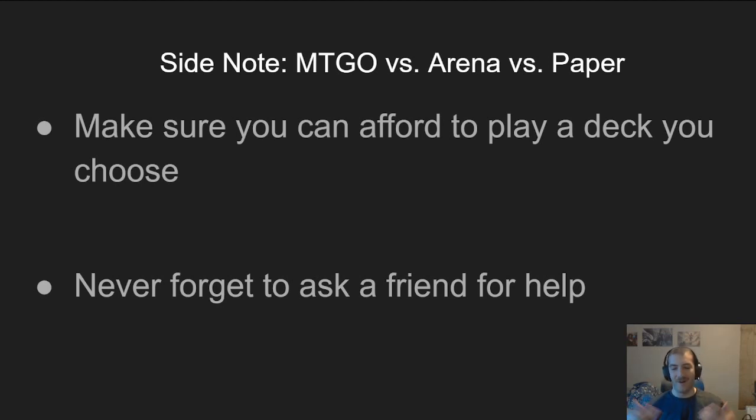Sometimes there are friends that have all the cards in Paper. They've got all the Legacy decks. They've got all the Modern decks. They've got everything that you would ever need. And sometimes you just need to ask, and you can have your pick of the litter, be able to pick whatever deck you want. Sometimes your friends don't necessarily have what you need,